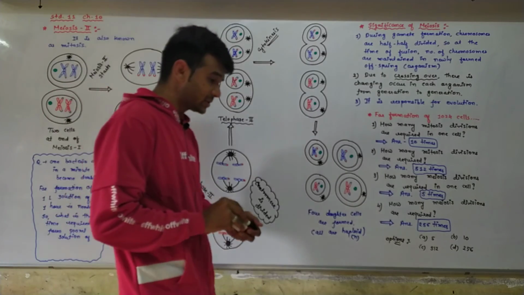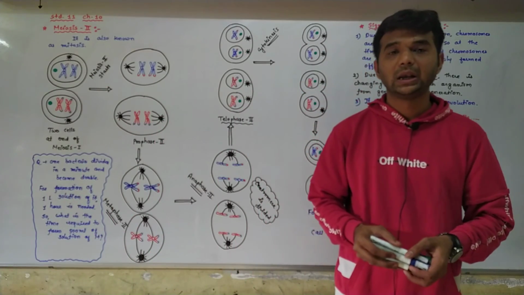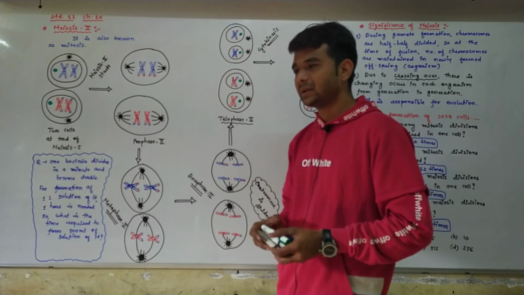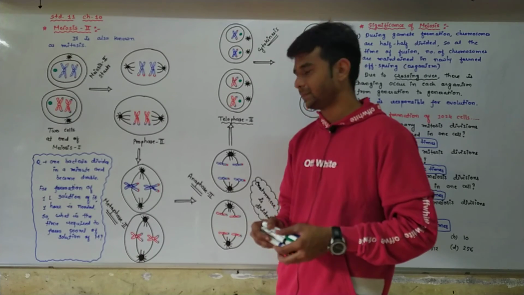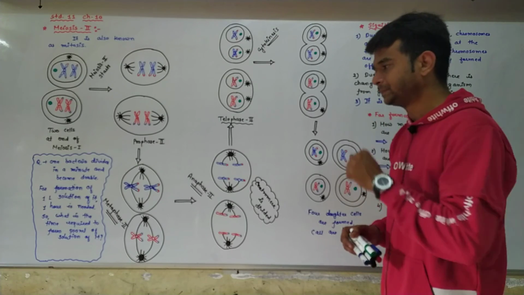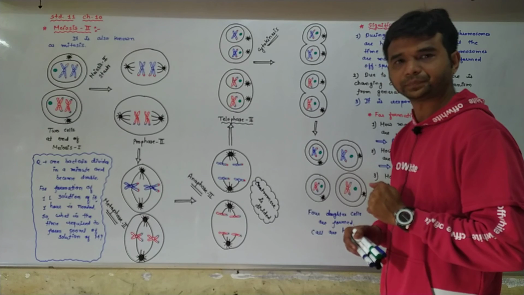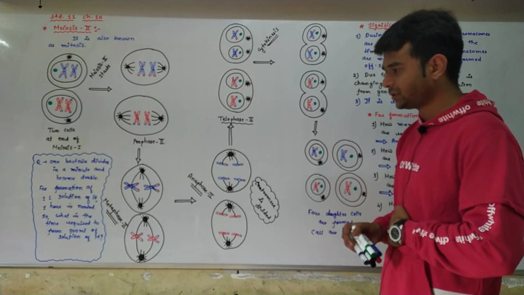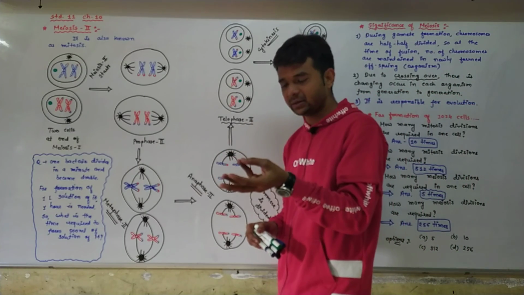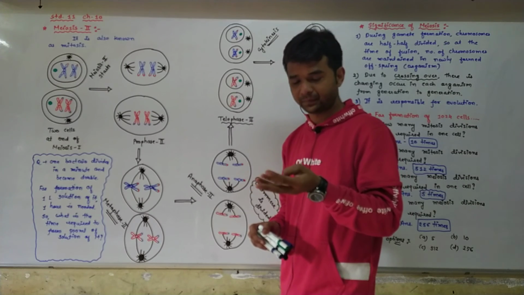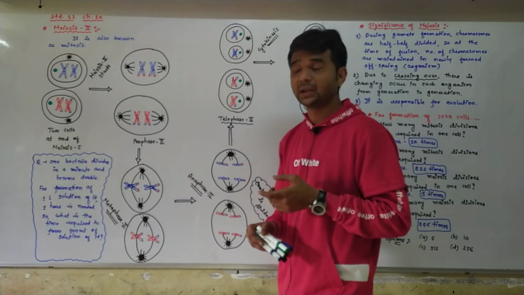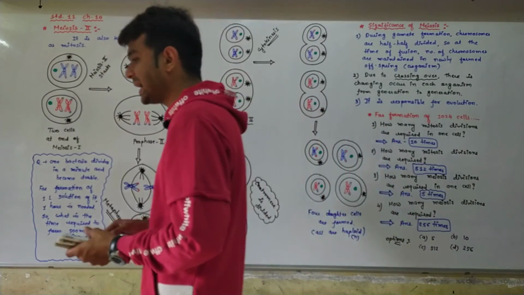One bacterium divides in a minute and becomes double. One bacterium becomes double within a minute. So for formation of 1 liter of solution, 1 hour is needed. So what is the time required to form 500 ml of solution? Options are 30 minutes, 45 minutes, 59 minutes and 15 minutes. So the answer is 59 minutes.